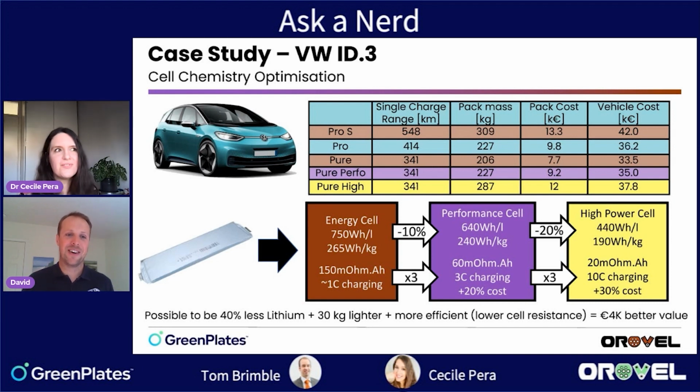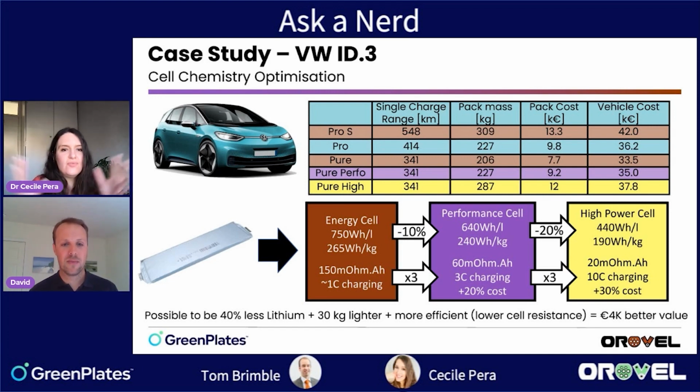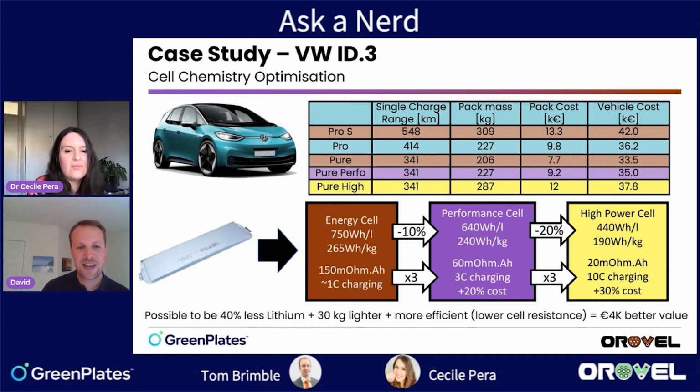But of course, at the same time, this makes the strategy of Volkswagen slightly different, because they use large volume and they want to get the money on the fact that they have larger volume. So obviously, they choose their current strategy because for them, they can keep a decent chunk of that margin. It's got a €4,000 better margin on it. And all of this is using costs of about, I think it was about €160 per kilowatt